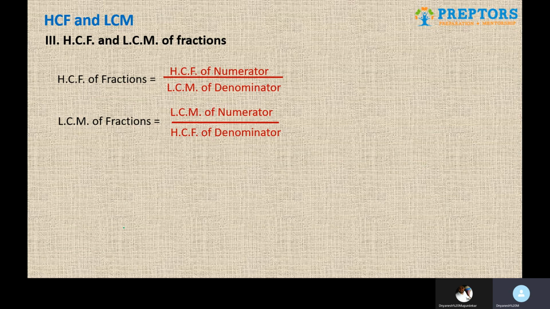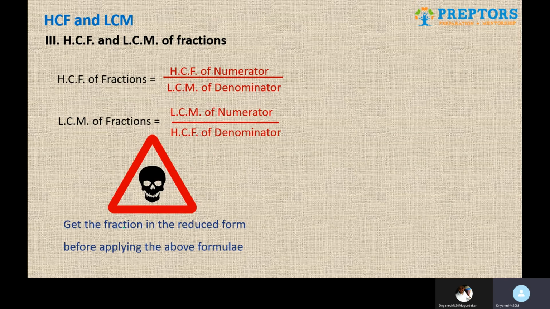And if that is the case, then ideally what you should be doing is first reduce those fractions to the lowest possible form. And once you have reduced them to the lowest possible form, only then you should be applying these all formulae. If the fractions are reducible to the lowest form and if you don't reduce them and you just blindly apply these formulae, obviously you will end up making a mistake and you will get a wrong answer. So be very careful in that regards. Whichever the fractions that can be reduced, please reduce them to the lowest possible form, and only then apply the formula.